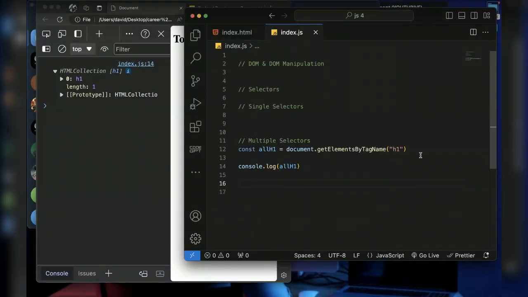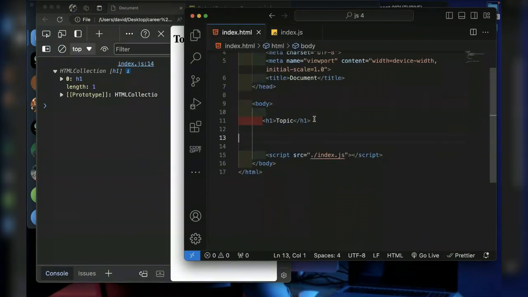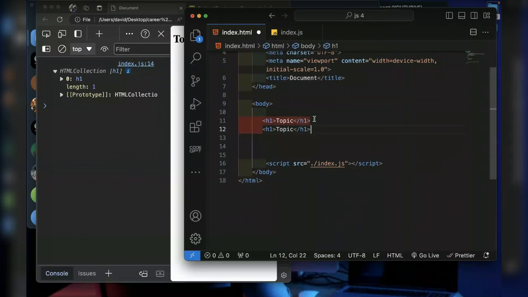Now this here is a multiple selector. Now if we have more than one tag here, and we want to select only the first one, what we can do is give this an ID name, and we call it something like TT. Save it here. So we have given this an ID name. We can come here and select it.